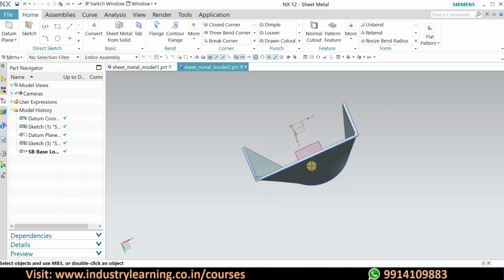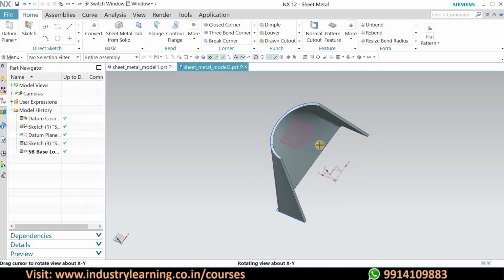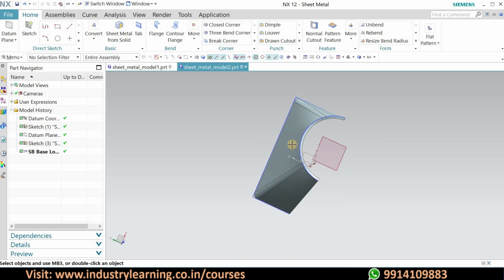Like instead of this rectangle you can make any profile like hexagon, curve, or any type of profile, and in the same manner, instead of this circle you can create any other profile. You can even create circle to circle, rectangle to rectangle, whatever you want. In that way you can create as per your requirement. So that's all for lofted planes. So let's see the next one.